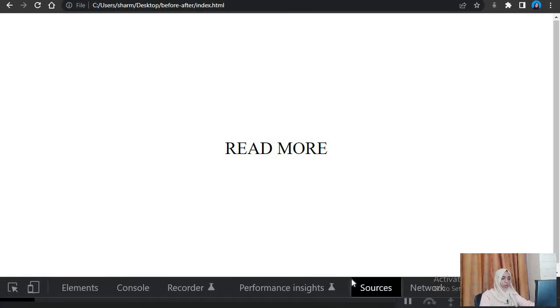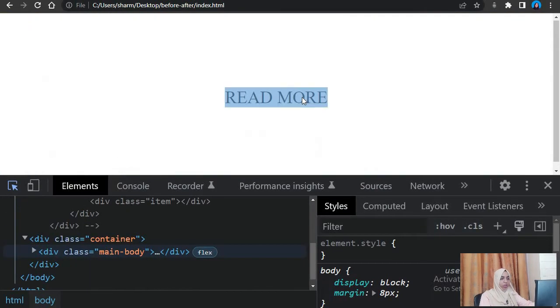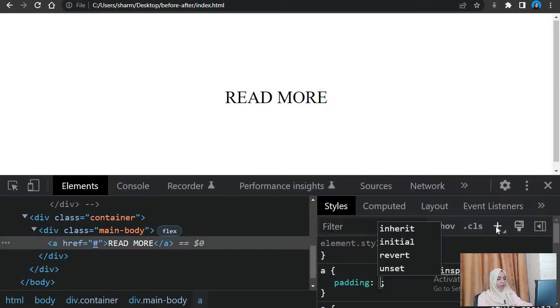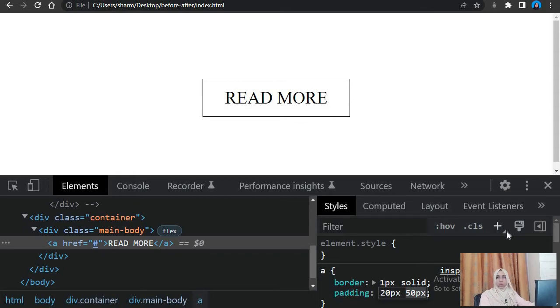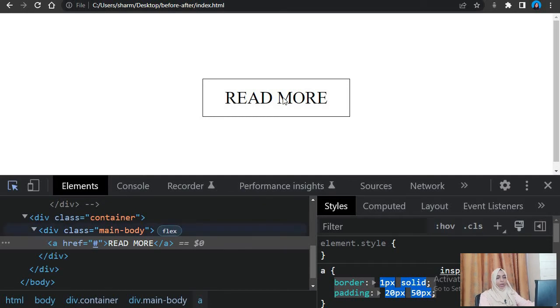Now to give that effect, let's open the inspect, hover over this, select this element and give it some padding. Actually, first let's give it a border of 1 pixel solid, and let's give it a padding of, for example, 20 pixels and 40 pixels. Alright, so this is the padding. Just copy this and, without writing the A element again, paste it inside over here because we already have it made.